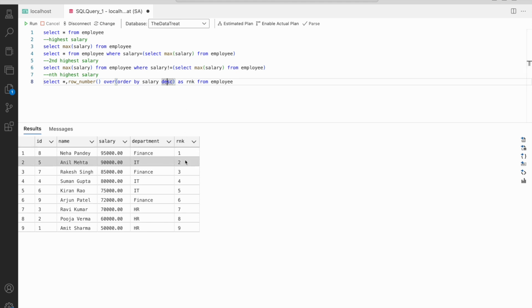Again after that, 90,002, 85,003, it doesn't care about all other columns. It is just checking the salary, because we are saying assign a serial number to each row, but the highest salary should be at top. That is, the highest salary should get rank 1, second highest should get 2, and similarly. So it has done that. Now it will be simple.